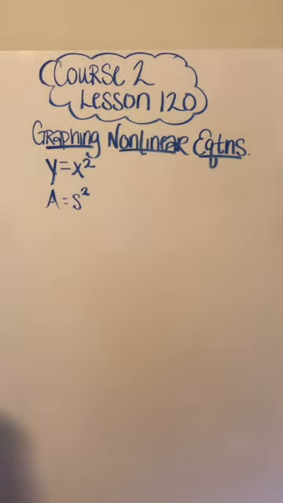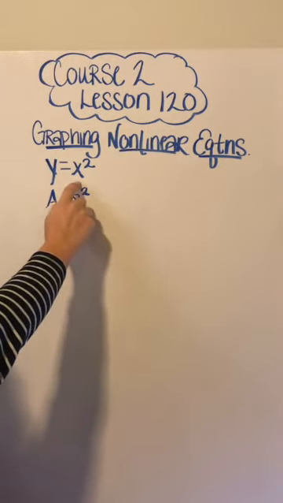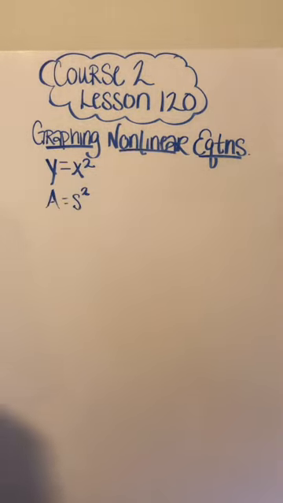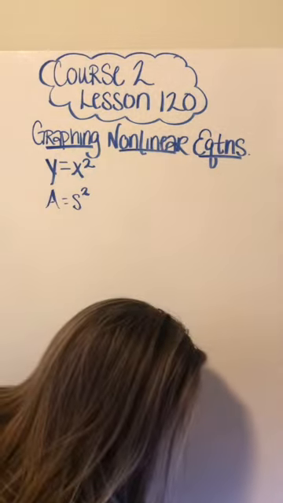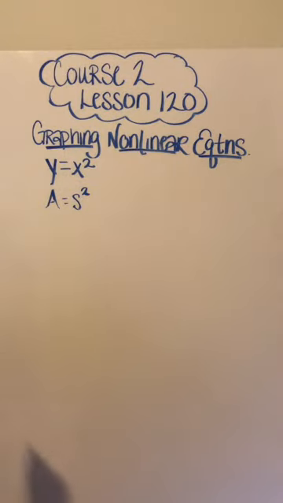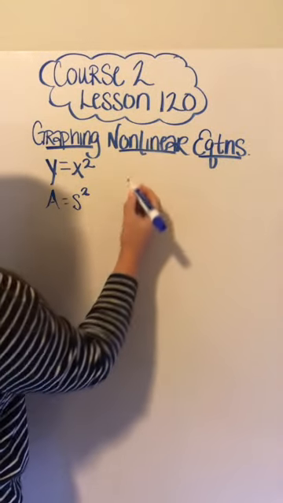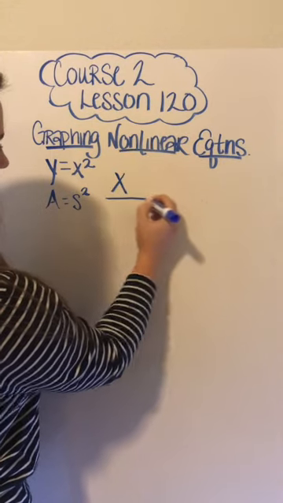So our first step here is we need to make a table of ordered pairs. So what we want to do is think of numbers for x, and then we'll plug them into the equation and then calculate y. And then we will also replace x with negative numbers as well, because since we have this formula here that is squaring the x, we have to remember that squaring a negative number results in a positive number. So if we start making our table of ordered pairs, we have x, y,